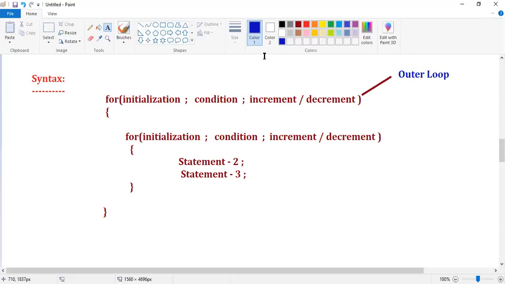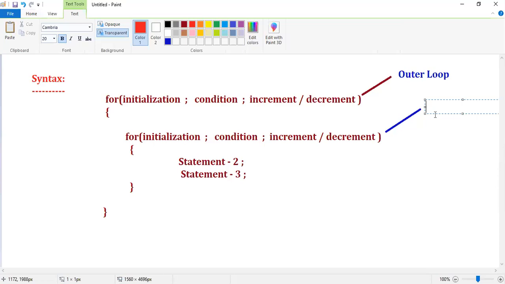And this one is called as an inner loop. Outer loop, inner loop, because two loops are available, right?